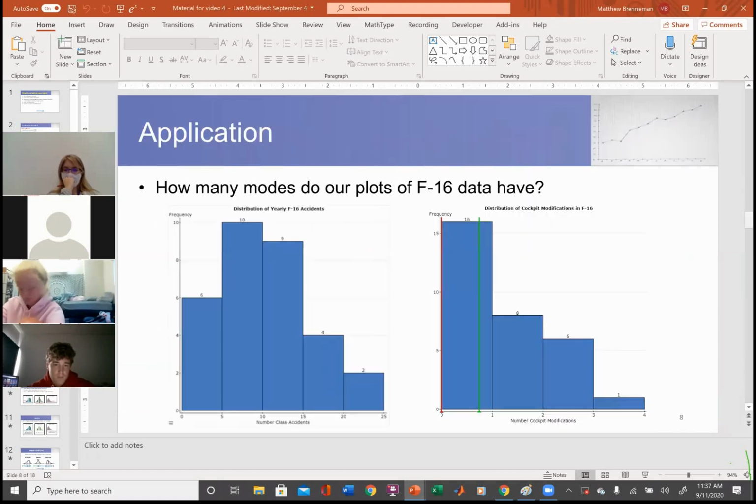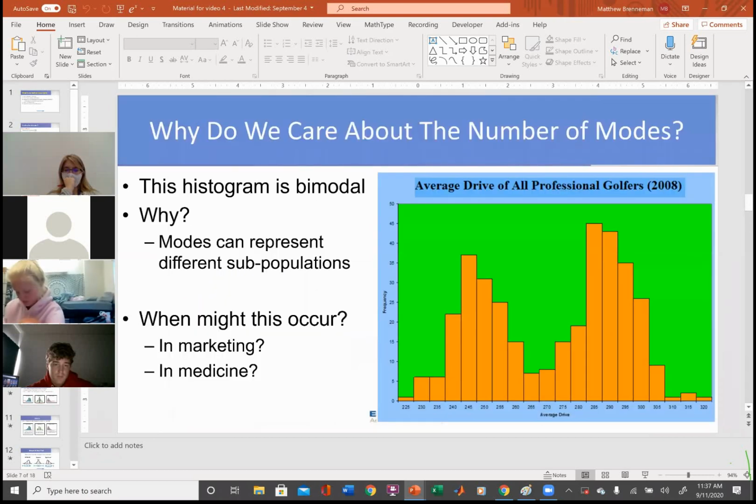And by the way, I'm going to mention something very quickly. When you have modes, so I said this before, okay, everything we do has a purpose. There's a reason. Why are we interested in the modes? The modes indicate subpopulations. So you might remember this slide from the lectures where this is the average drive of all golfers. The key here is all. Male and female are included, okay?